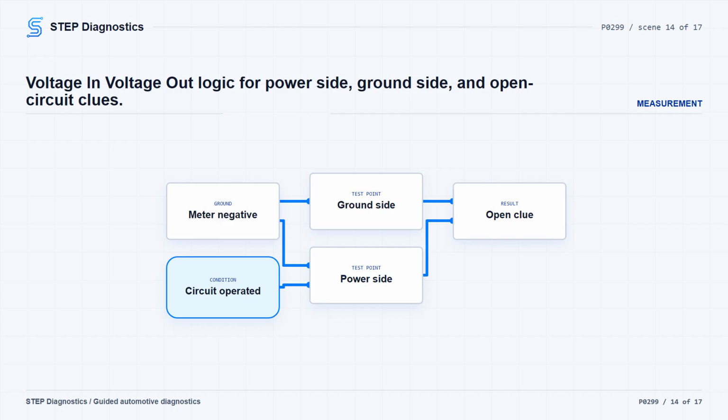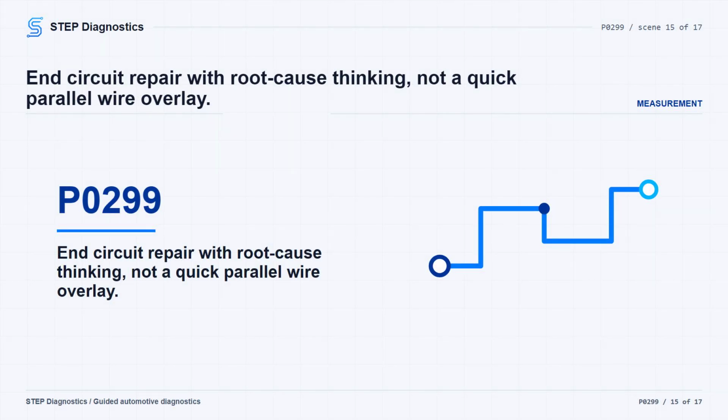For a voltage in, voltage out test, connect the negative lead to ground or the battery negative terminal. Operate the circuit and measure the power side and then the negative side of the load. The power side should be within 0.5 volts of battery voltage. The ground side should be greater than 0 volts but less than 0.5 volts. A reading of 0 volts or source voltage indicates an open circuit,